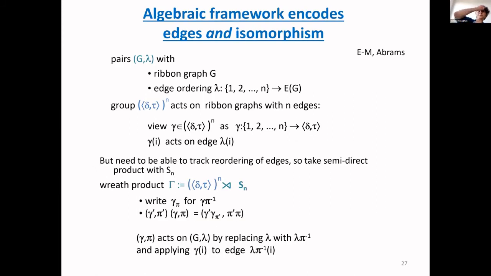All right. So here's the algebra that encodes both these partial duality operations and isomorphism. So the objects that we're going to act on are ribbon graphs with edge labels. And the group delta tau to the n, right, this action of S3 that acts on each of the edges,